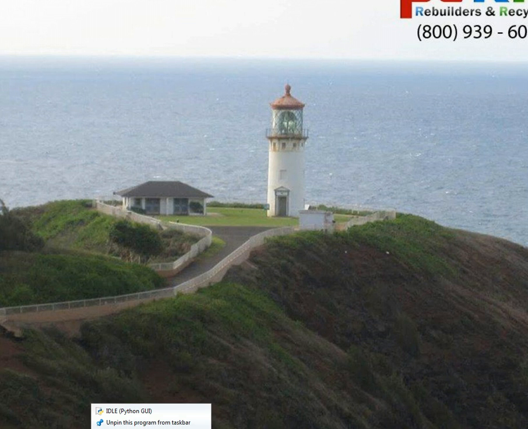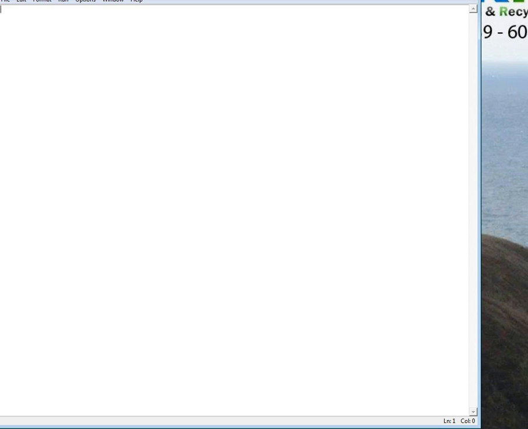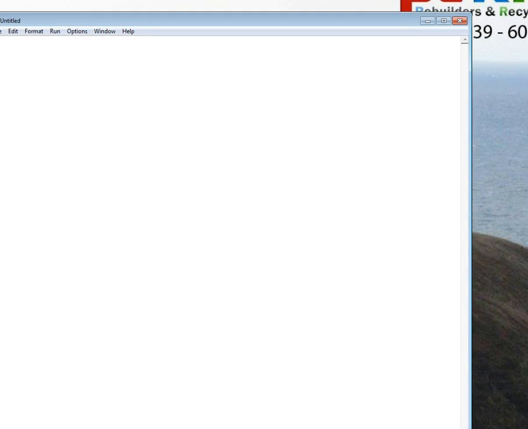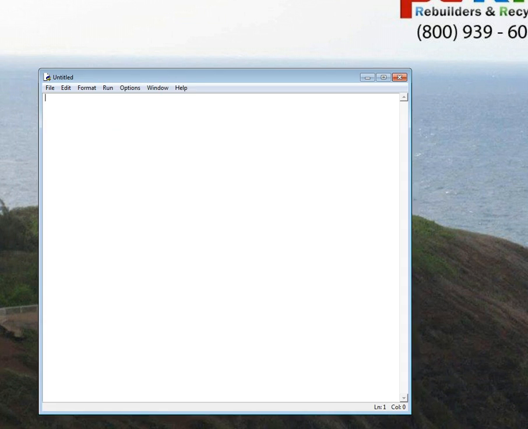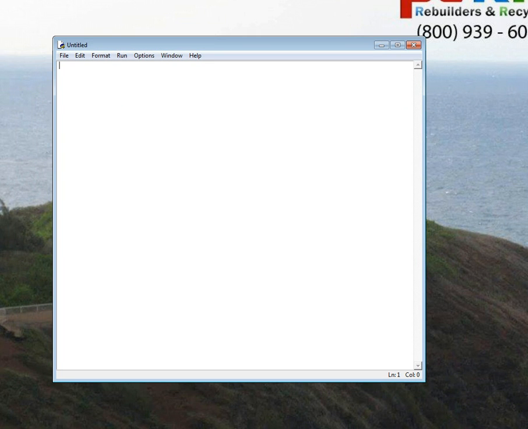There are two different ways to do this. I'm going to show you way number one, which is the safer way, which is opening up the IDLE within Python GUI. I like doing it this way because it makes sense to how I like to program, because I like to stay a little bit safer than running it directly into the command prompt. So the first thing that you want to do is you need to import your modules to make sure that you can work